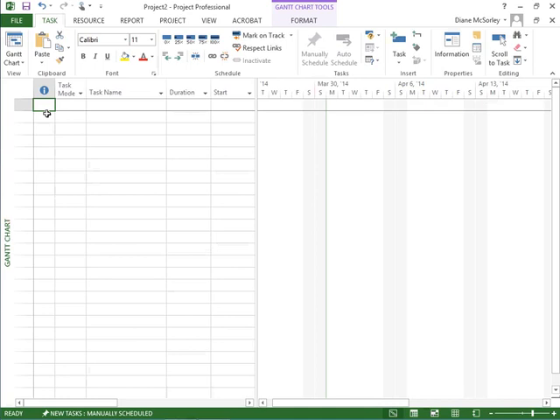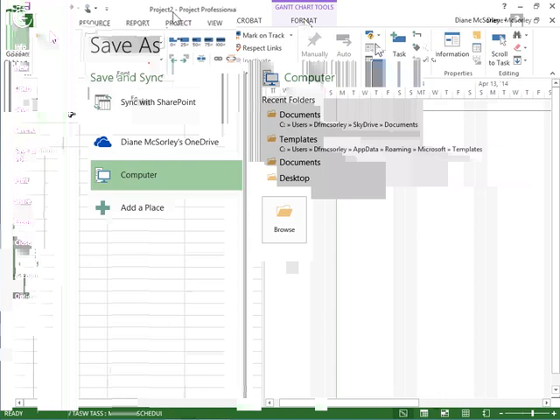Now, when we create a master project, what we'll want to do is turn on the project summary task. So if I do that, I'll head up. This is just a regular blank old plan. I haven't done anything to it yet. I'm going to go out to the Format tab and turn on my project summary task. I'll save the plan